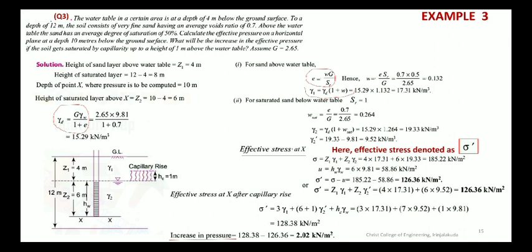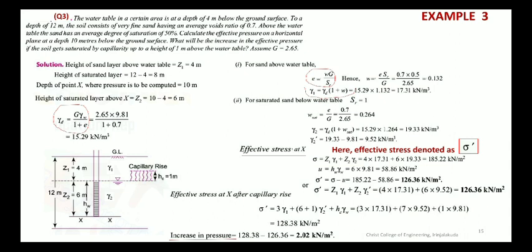So the next layer, that XX layer, will be obviously at a depth of 6 meters, because we have to consider it at a 10 meter depth. So 10 minus 4, that is 6 meters, that is Z2. Z2 is equal to 6 meters. Now forget about the 12 meter. Now we are discussing about that 4 meter and 6 meter, that two layers. So the top layer will be having a gamma 1 value. It is not saturated with water, so you can take gamma 1. Then next is gamma 2.